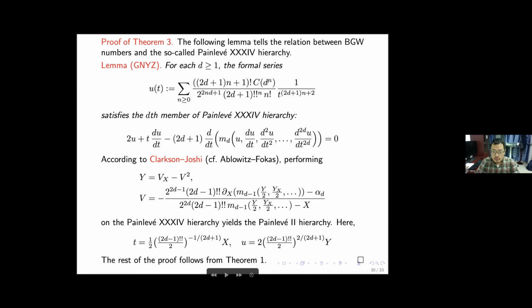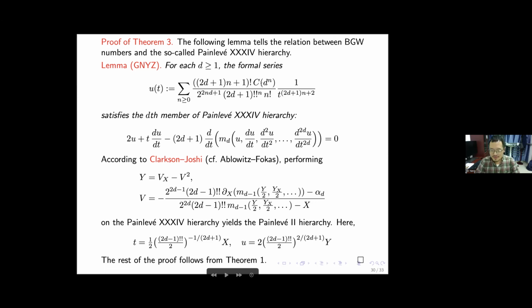And this c_d^n satisfies the d-th member of the Painlevé-34 hierarchy. And due to the celebrated result of Clarkson-Joshi, or for when d equals 1 by Ablowitz-Segur, we know that we can perform a kind of Miura-type transformation to transform the Painlevé-34 hierarchy to the Painlevé-2 hierarchy. And the rest of the proof follows from Theorem 1, because somehow we made all this c_d^n